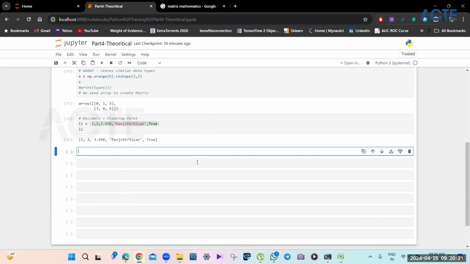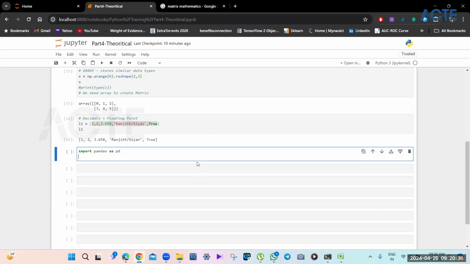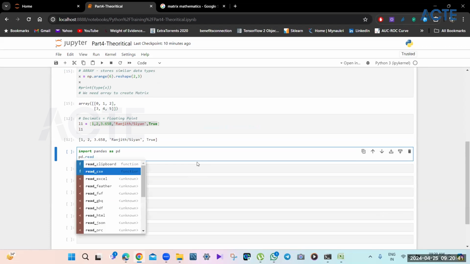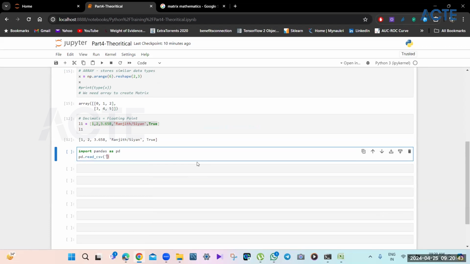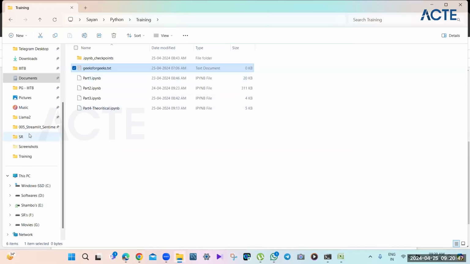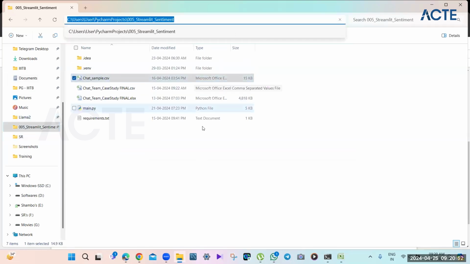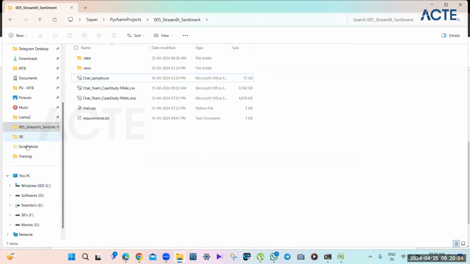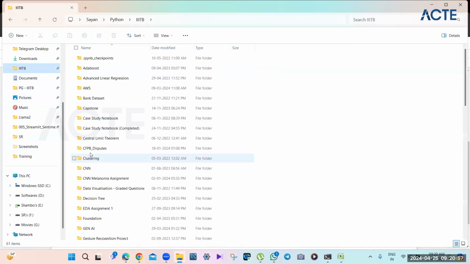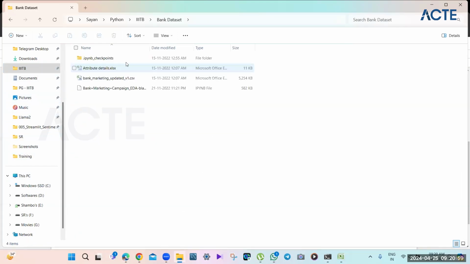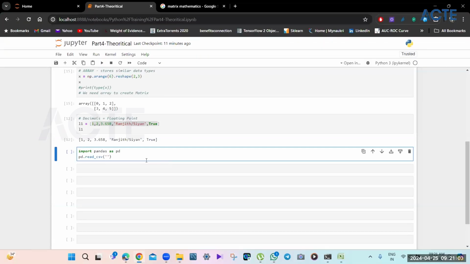And if I have to quickly tell you, like, import pandas as pd and pd.read_csv. Now within that, if I give a particular file, let's say this one, or hold on, let me use something else. Let me use that.